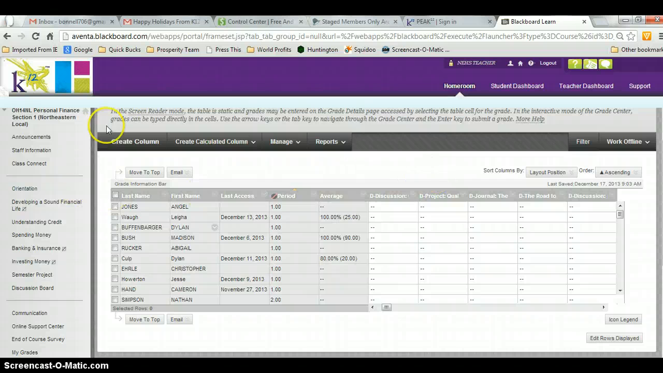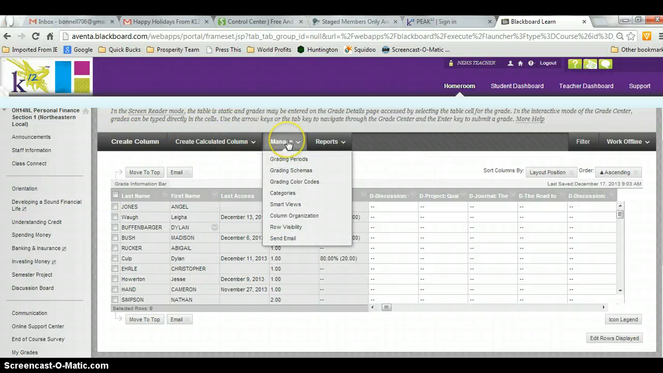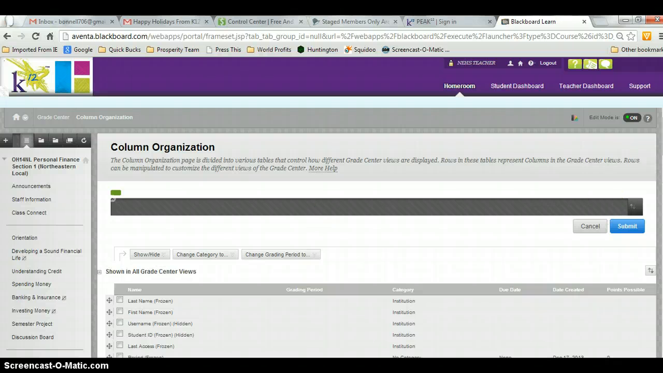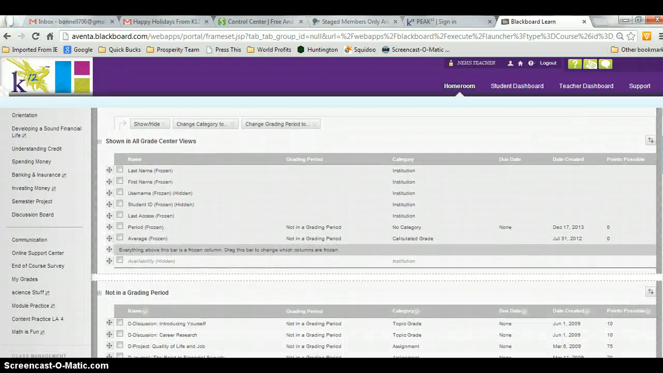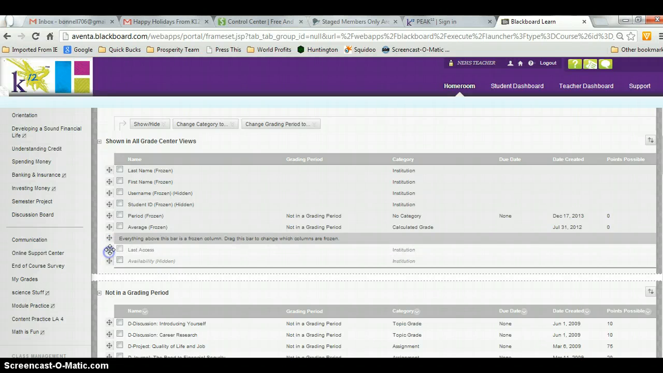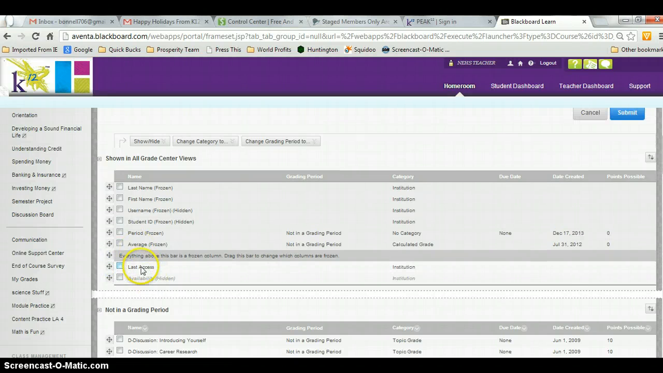So to do that, we're going to go to the top here and we're going to come over to Manage, and we're going to come down to Column Organization, and you'll see that there's a gray bar right here that says everything above this bar is a frozen column. So let's first of all take the last access. We're going to grab this right here, and we're just going to pull it down so it's here. Now it's on the bottom. So when we hit Submit,